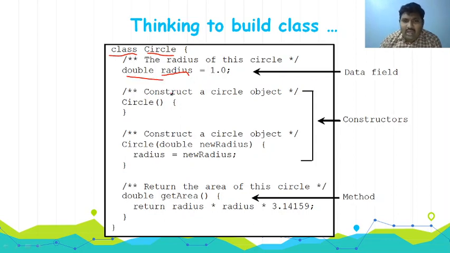As we just discussed, we have a special method in a class called a constructor. What is a constructor? The name of the method is the same as the class name. Any method in a class which has the name of the class, that method I am going to call a constructor.